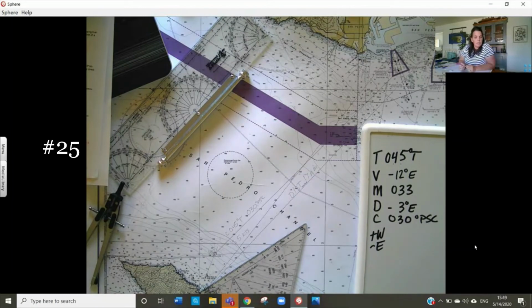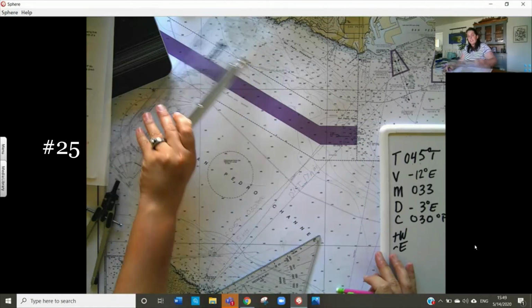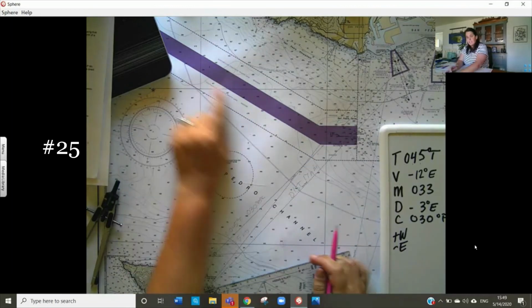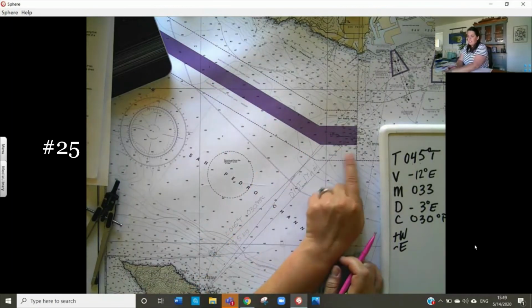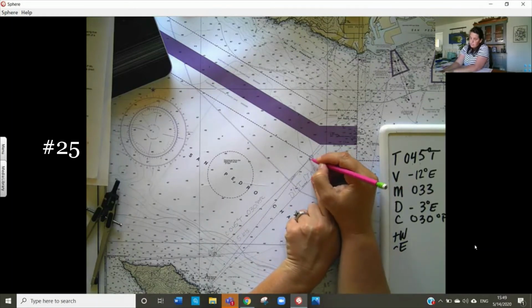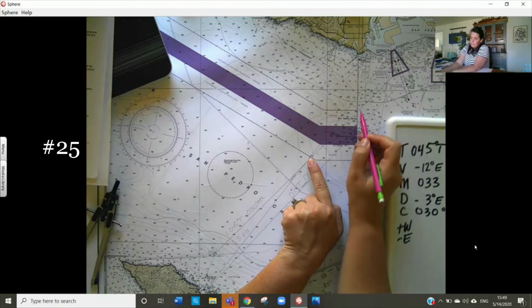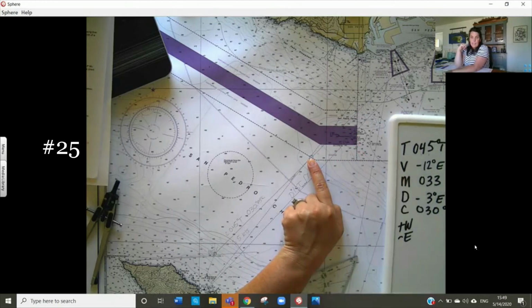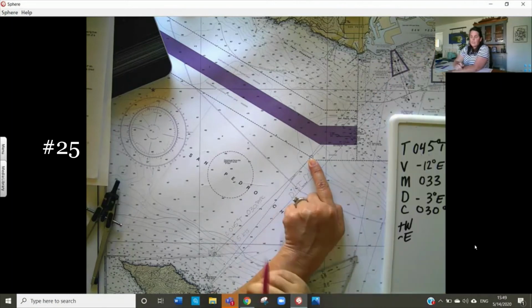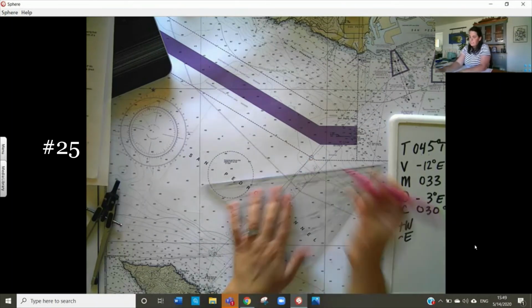25 is, what is the position when you enter the southbound traffic lane? So this traffic lane up here kind of has this dog leg where it comes down and then we enter the traffic lane right before the dog leg. So right here is when we enter the traffic lane, and then here is where we would be exiting the traffic lane. Of course, we'd have more and more traffic the closer we get to the harbor. So to get that position,